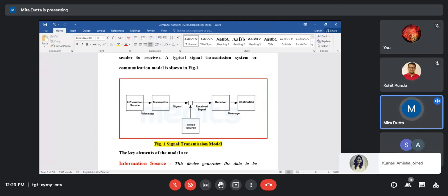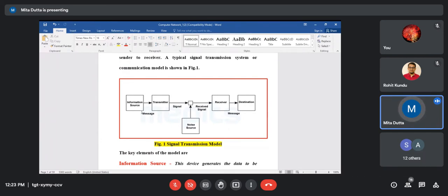When the baseband signal is modulated, because the actual signal will be the baseband, but instead of transmitting that signal through the transmission medium, when we modulate it with the help of a carrier, that is known as